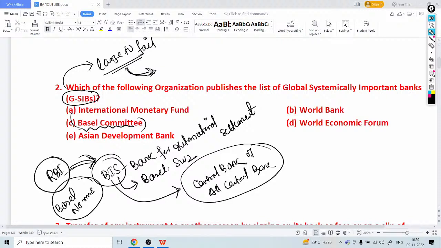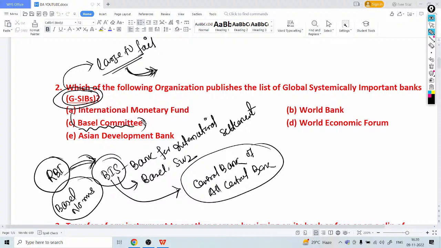The economic situation of that particular country or institution is going to be lowered. That is the reason the BIS or Basel Committee set a bank as global systemically important banks and give them a proper priority for